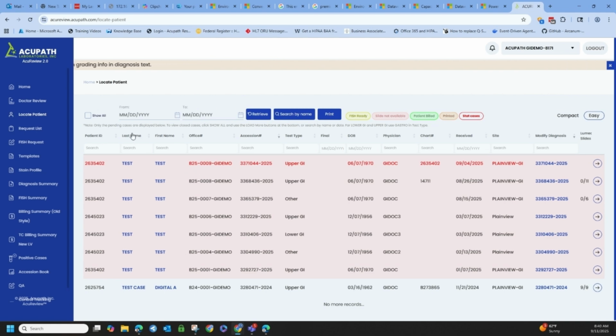Now after this, we have our column headers. So we've got patient ID, last name, first name, office number, which is your case number, which is what shows up on the slides, a session number, which is the Acupath case number, test type, final date. So if these cases were final, then the final date would be here. Patient's date of birth, the physician, the chart number, the receive date, the site, modified diagnosis,